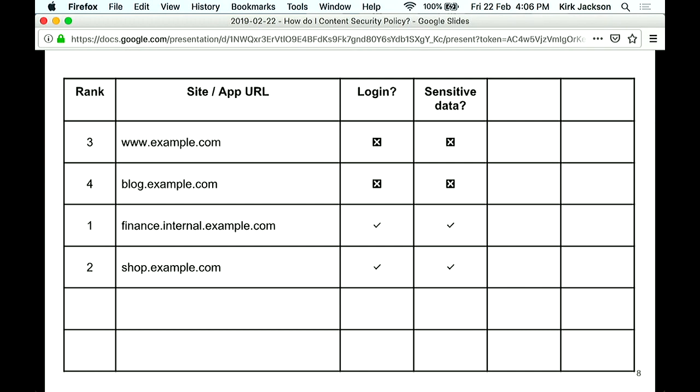Cool, and then next step is to rank them in importance. So looking at those sites that you've written down, which ones are the most important to you? Which ones do you want to protect the most? And you'll probably see the stuff that has sensitive data is going to be near the top of your ranking. And normally stuff that has login is also a bit more sensitive than stuff you're open to the world. And these are the things that you're probably most worried about for cross-site scripting,